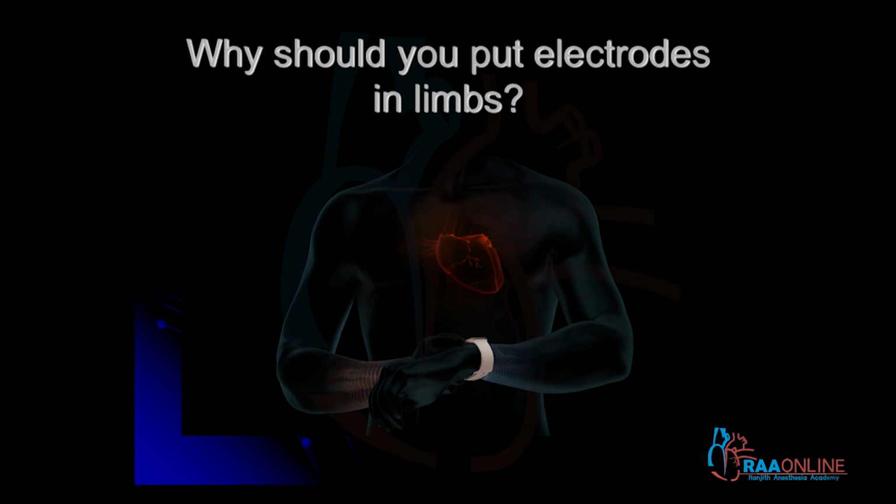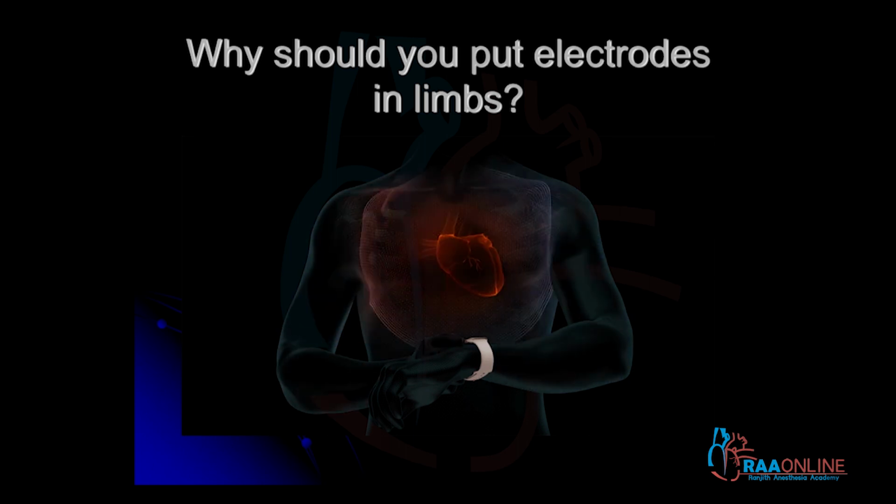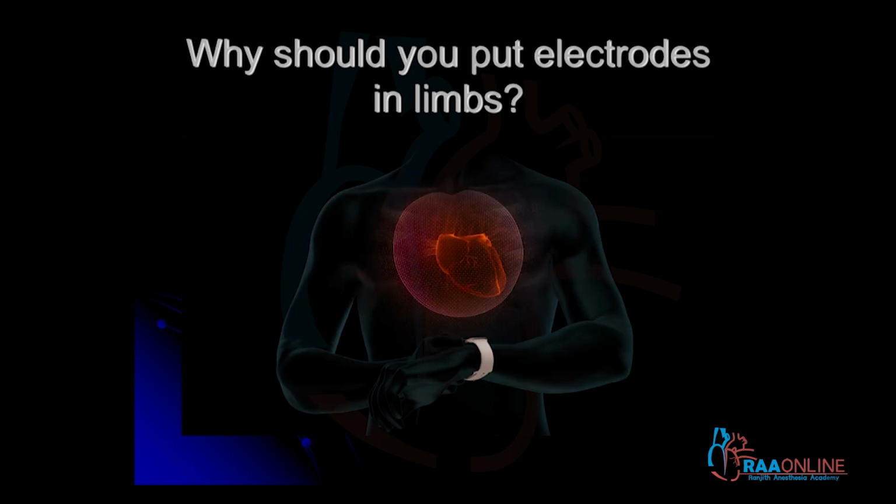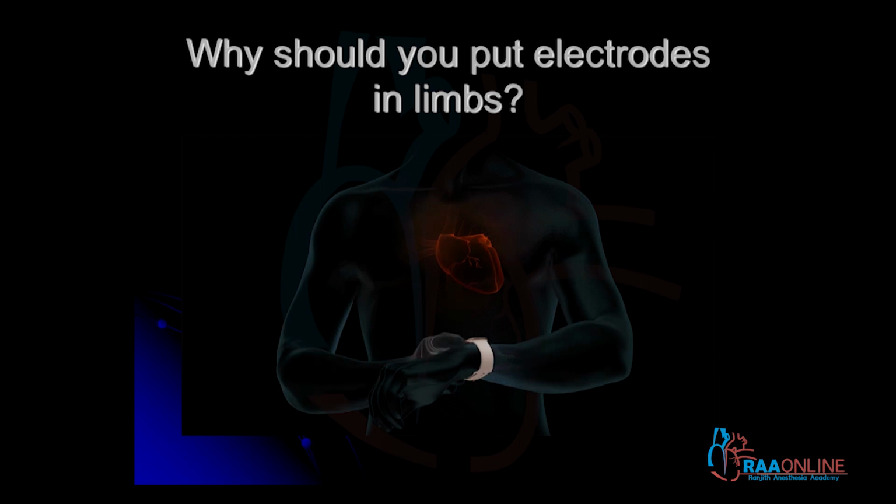The sinus node electrical activity is not confined to the heart. The body fluids and blood take these electrical charges throughout the body. So that's why we are trying to look up from below, from the lower limb leads. We want to know what is happening to the inferior surface of the heart. Through the upper limbs, we look at what is happening to the medial surface of the heart, the lateral surface of the heart, and so on. So that's why we utilize this property of the heart's electricity being conducted all over the body to connect the electrodes in the upper limbs and in the lower limbs.